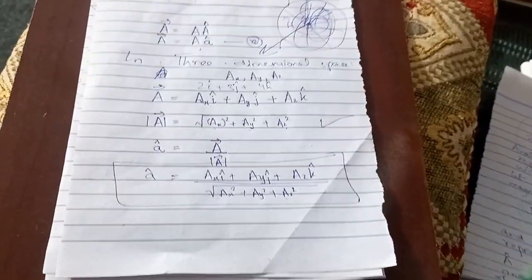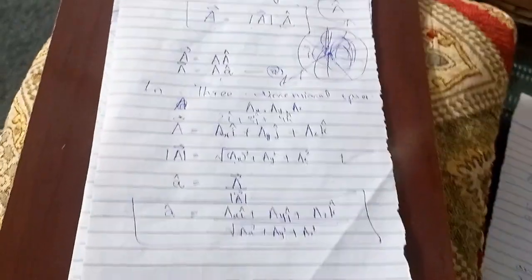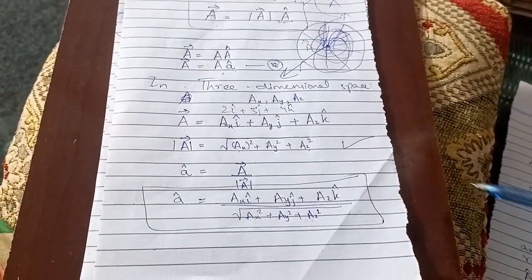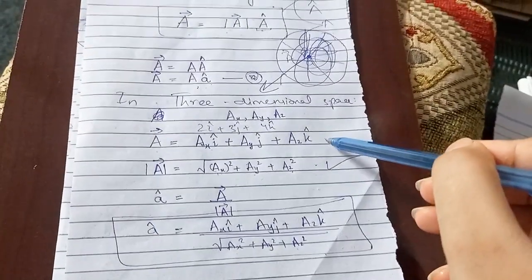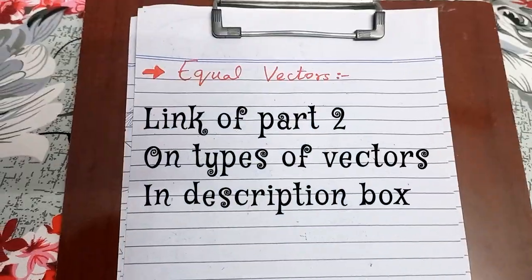We'll solve some problems related to vectors as well, if you really want to understand how to calculate magnitude, unit vectors and all that stuff. We'll do that later on, but for now you just need to know these basic formulas. This is for magnitude, this is for direction, and this is the original vector in 3 dimensions, and this is the general representation. As we now know about vectors,